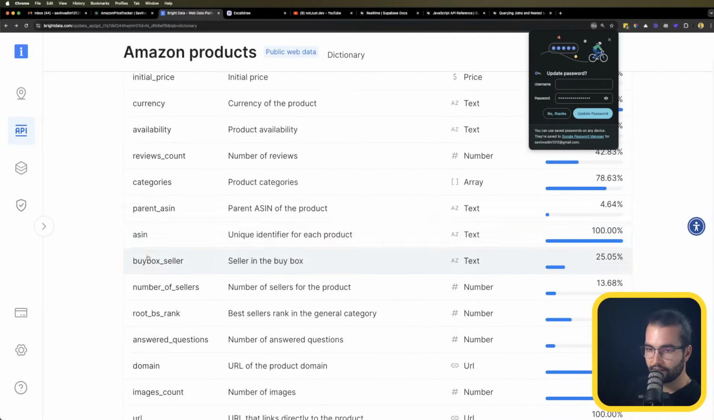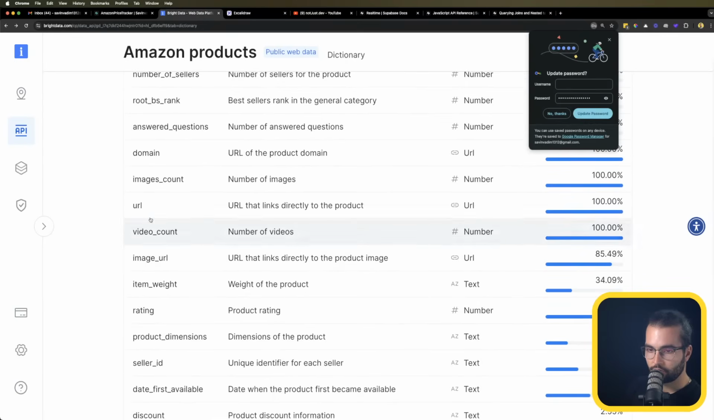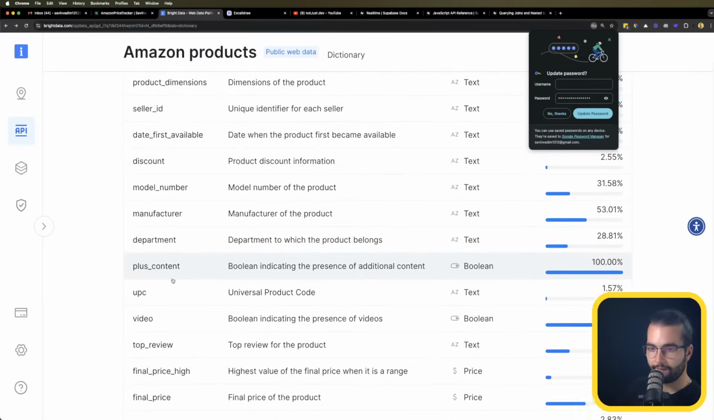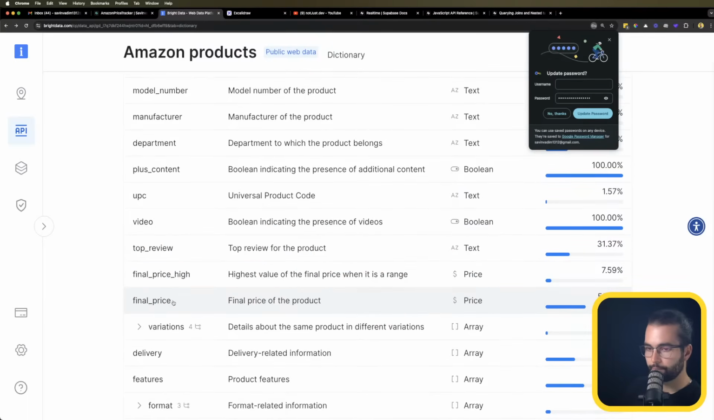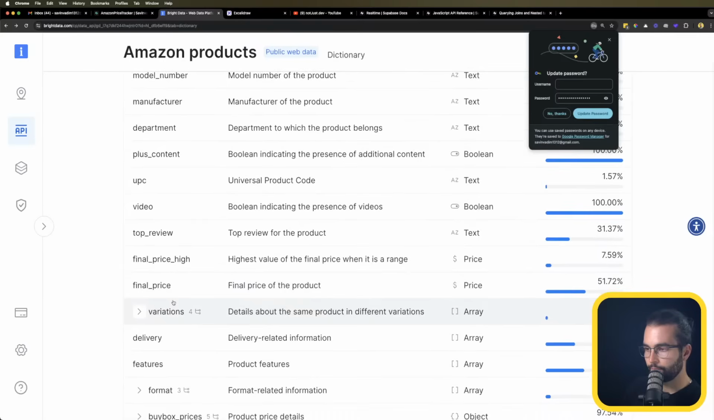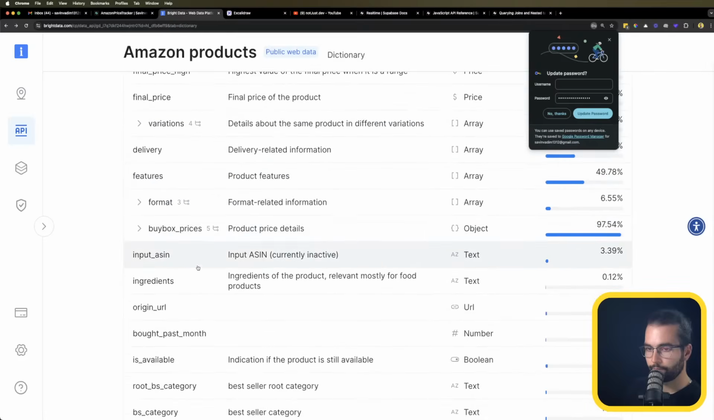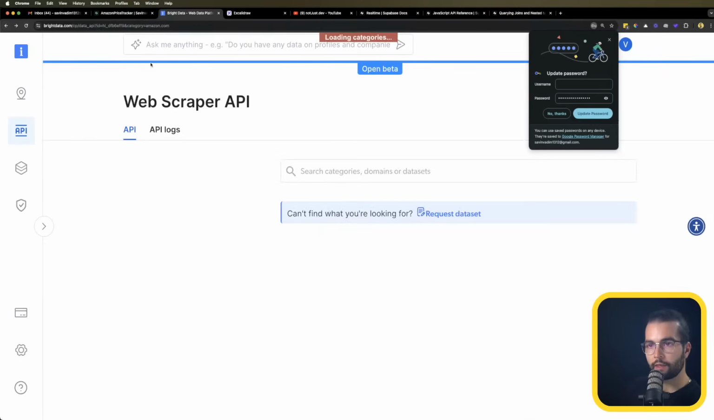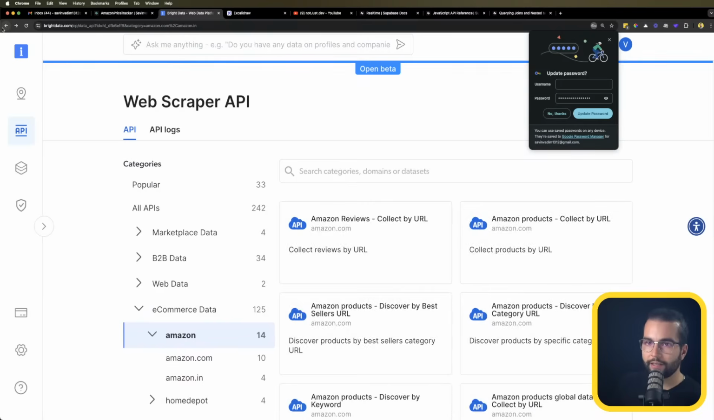It's going to have ASIN. It's going to have URL and final price. Let's see. Final price. But that would be like a different